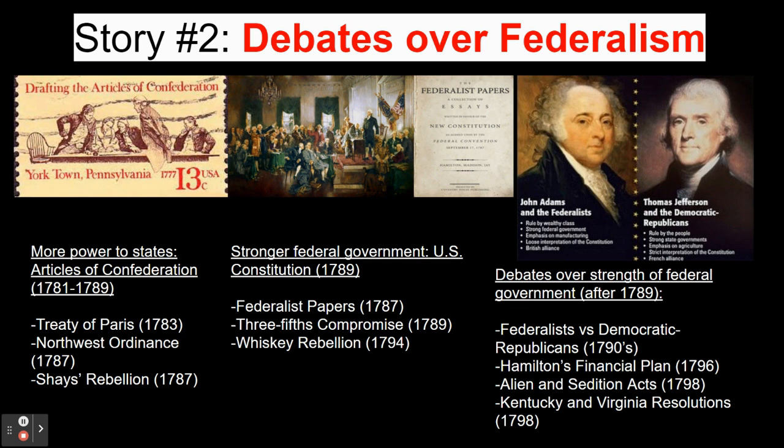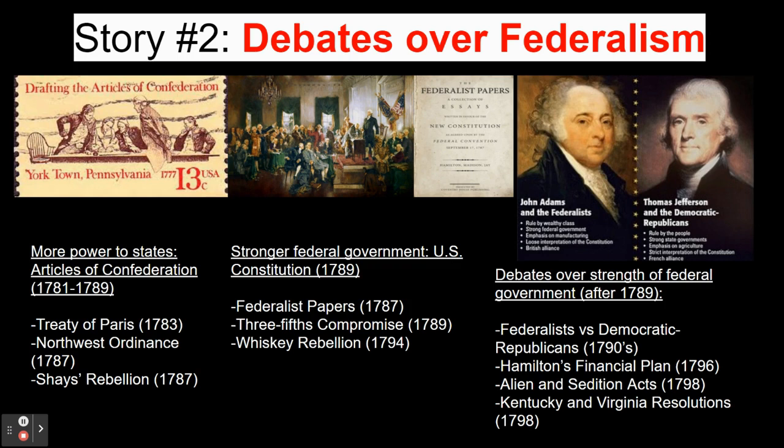So the original government of the United States was known as the Articles of Confederation, which was written in 1777 while the American Revolution was still going on. Fearing the tyranny of the central government, the Articles of Confederation was intentionally very weak. And when I say that, I mean the federal government could pretty much do nothing. Under the Articles of Confederation, the federal government could not tax, they could not maintain an army or navy, they could not regulate trade and disputes between states. I mean, the federal government didn't even have a federal judicial system. There wasn't a court system.